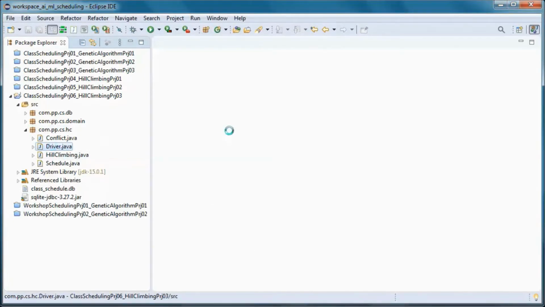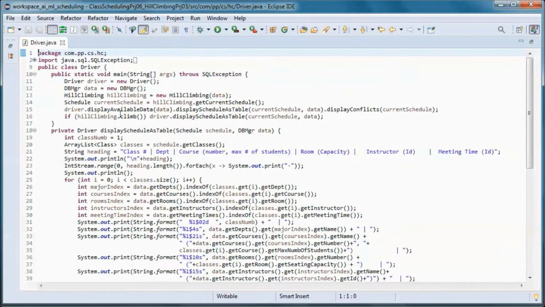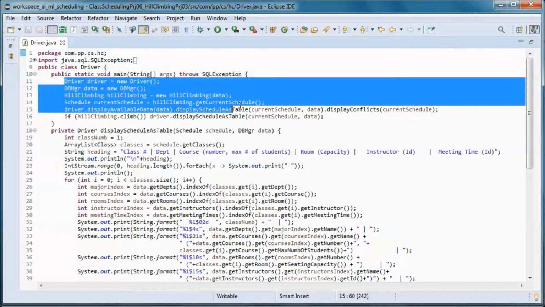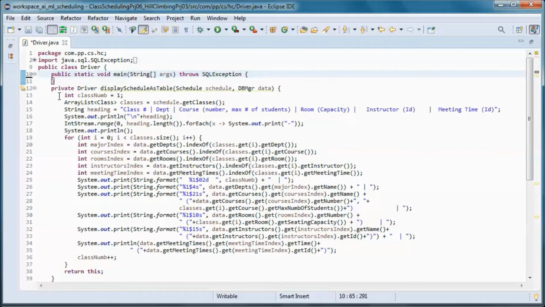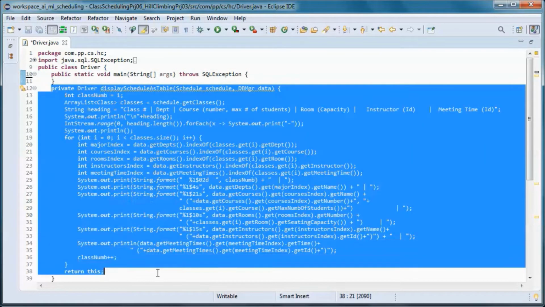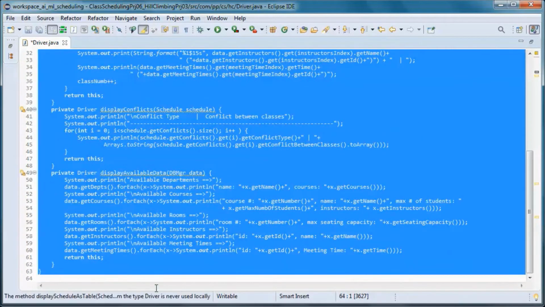Now for the driver class, we'll be rewriting it from scratch.